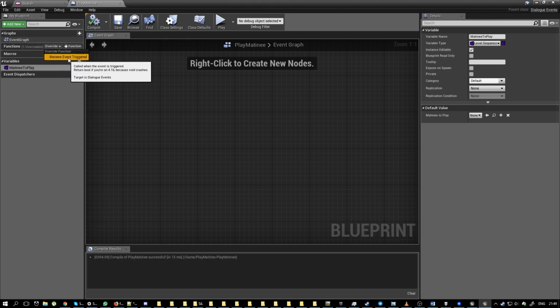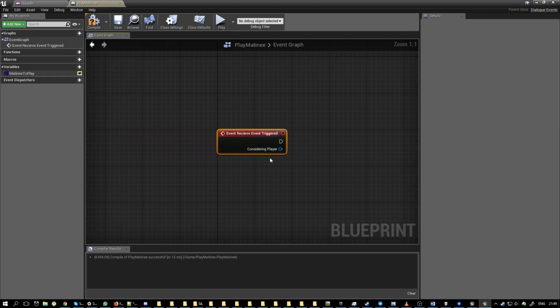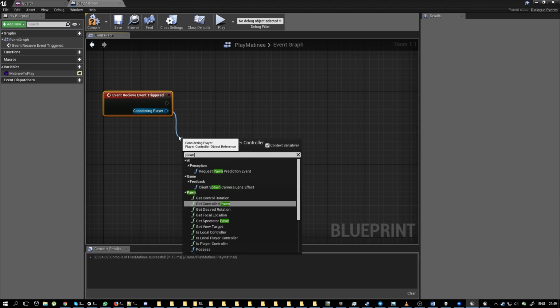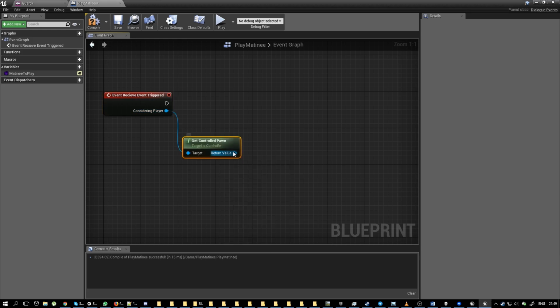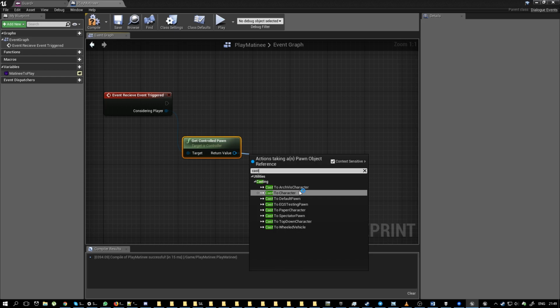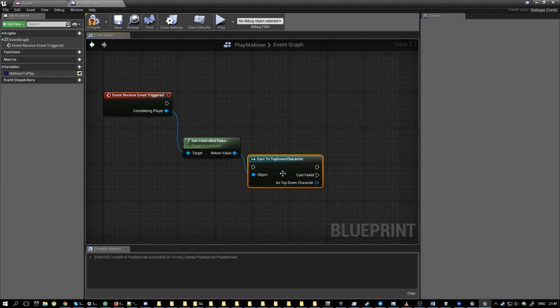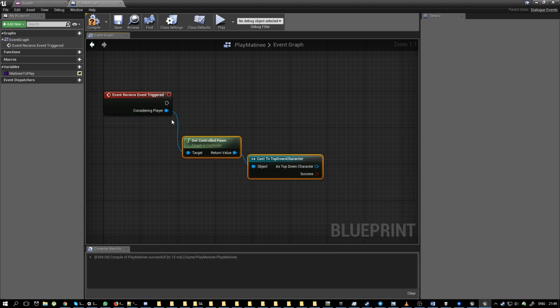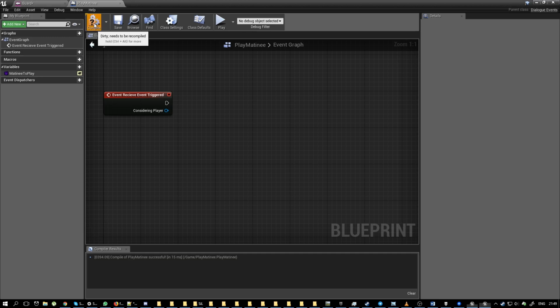Now click on Override function and select Receive Event Triggered. This is where you can write whatever logic you want to happen when this dialogue event is fired. This case is a bit particular because we need the Find All Actors of Class node, which we cannot get in this blueprint. If we wanted something simple to happen, such as set a variable, we could very well do it here. But I have selected this particular case because it's the most difficult one. It will show you how to access actors in the level itself.